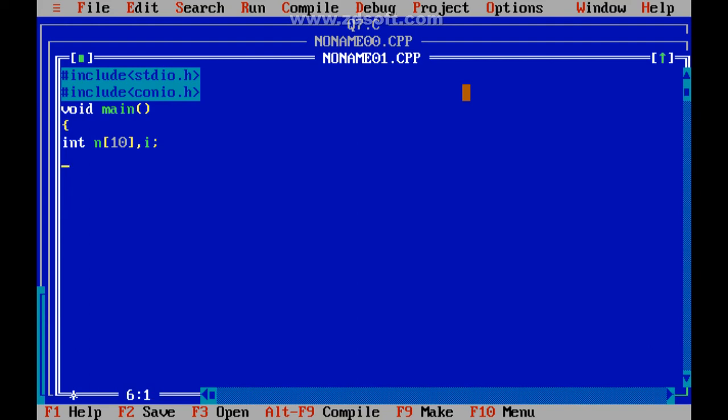Right? So printf "enter array elements".